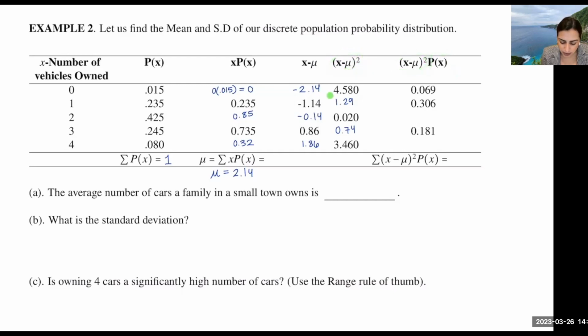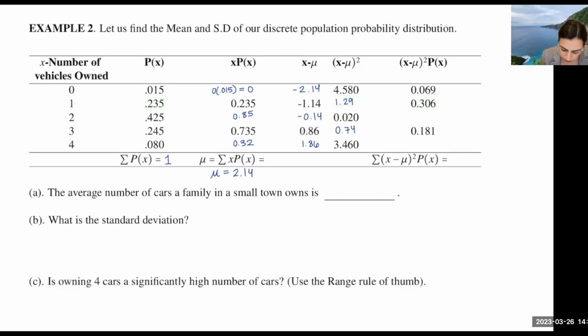So we're going to go ahead and take 4.58 and multiply by its corresponding probability, which is 0.015. And that's going to give us this value here. The next one, we're going to do 1.29, and then multiply it by its corresponding probability, which is 0.235, and we're going to get